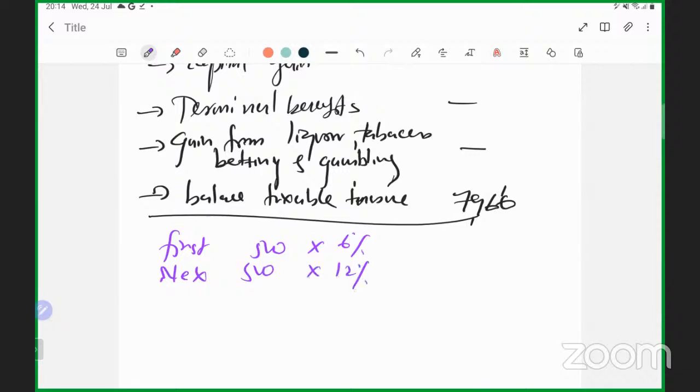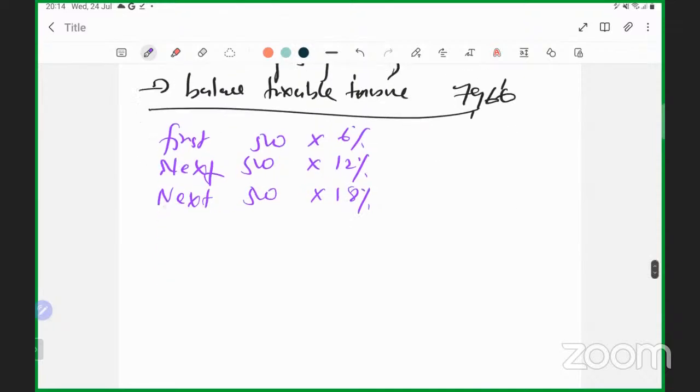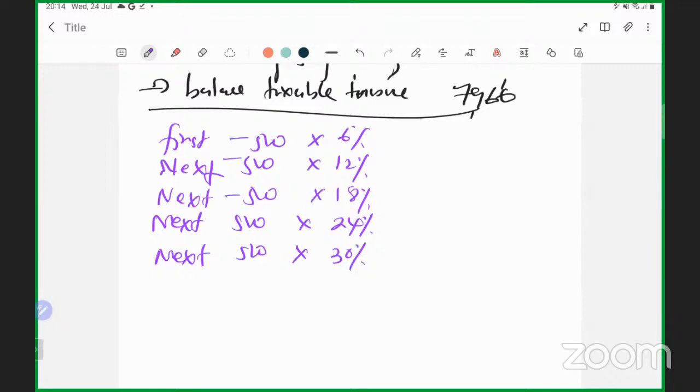500 bucket, 6% by 6% up to that 2.5 million, right? So next, because you have more than 2.5 million, the next 500 you can tax at 30%. Altogether, already you taxed 500, 500, 500, 500, 500, altogether that 2.5 million. What is the balance? Total 7,966, already 2.5 million